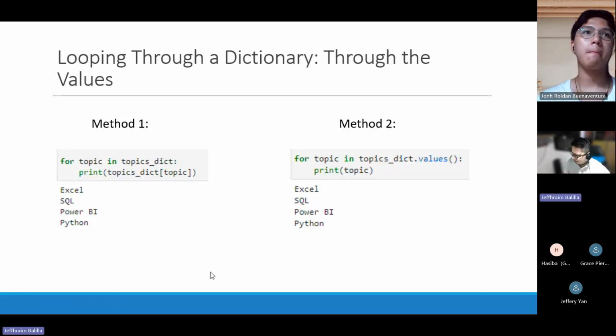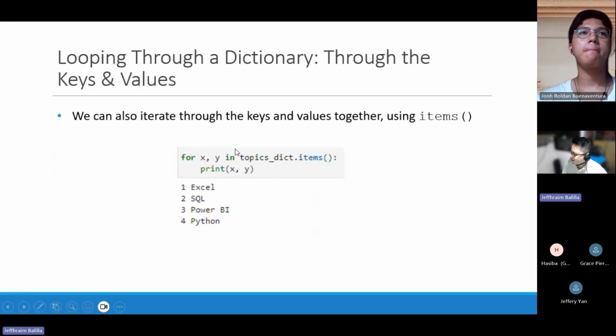Okay, so I think we have an example right here. I forgot the keys and values together, and we definitely know how to do that, right? We can use the dot items, but since we have two items now, notice that we have x and y in here. So this would be referring to two objects.